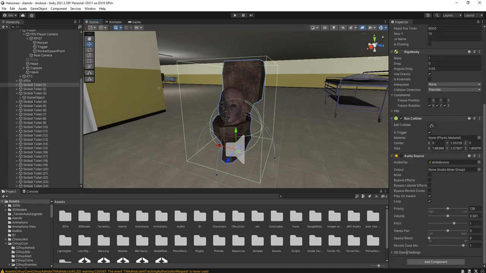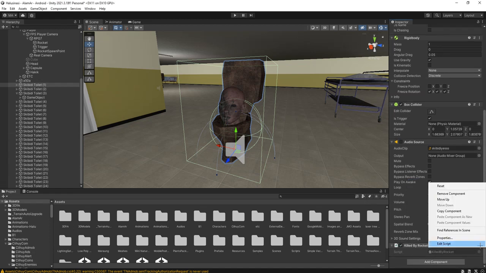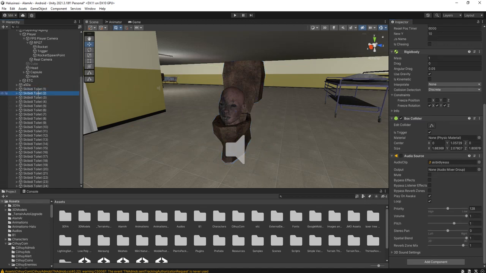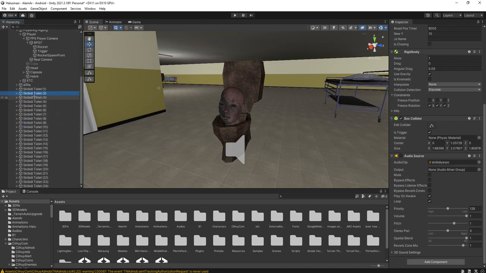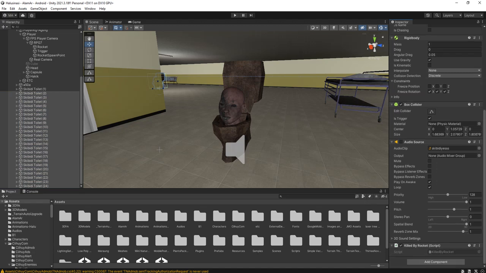I will attach the killed by rocket script, and I copy this script and paste the script to the rest of these KBD toilet objects. So I select the rest objects and here choose paste component as new. Okay,